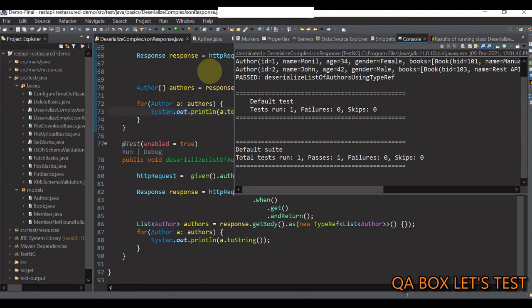Alright, it works. Now guys, using this deserialization, what we have achieved is we have loaded the complete response body into these Java classes. Okay, so if you want to read the complete response, you have to create the POJO classes, load the data into it. So there are situations when we just need to read the partial data, okay, from the response body. That is something that we are going to see in upcoming videos.